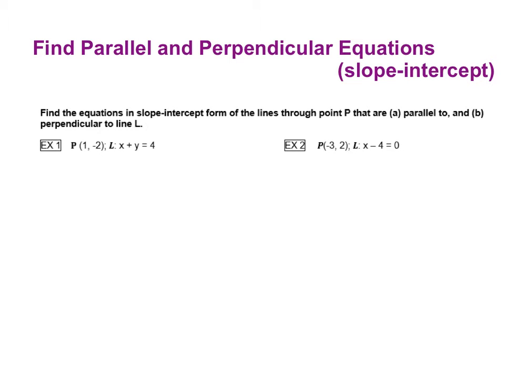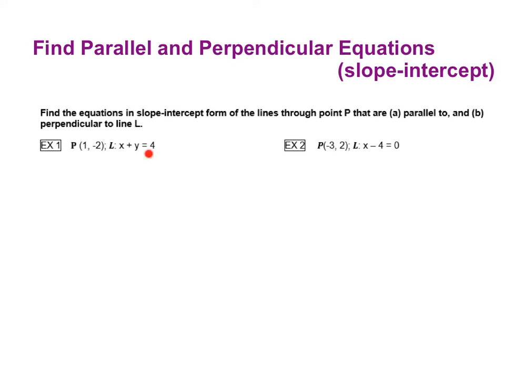Now we're going to work on finding parallel and perpendicular equations of lines. So, our first example, we have point P. Well, first let's look at the directions. Find the equations in slope-intercept form of the lines through the point P. So it's going to go through this point, but it's going to be parallel, and then we'll find perpendicular to